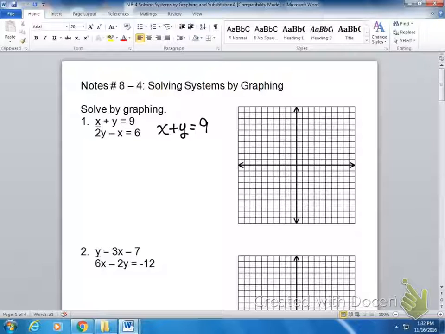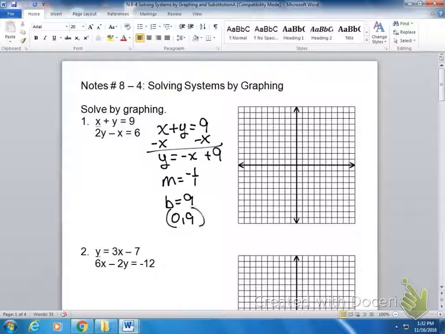I'm going to do the x plus y equals 9 first. So I'm going to subtract x from both sides. Now I have y equals negative x plus 9. Now what I've noticed yesterday and a couple of times before that is that people aren't sure where to stop. Guys, y is by itself here. You're done solving it for y. Well, now we need the slope, negative 1 over 1, and we need the y-intercept, which is 9, so that's